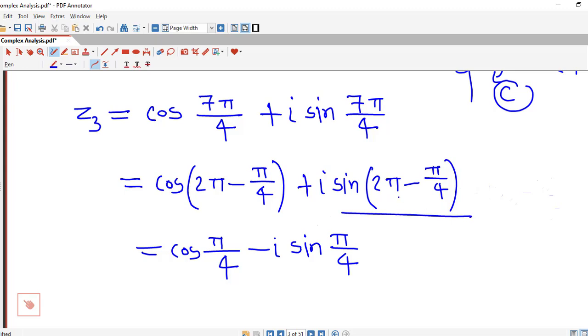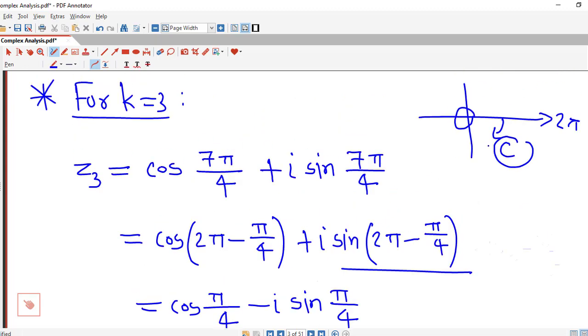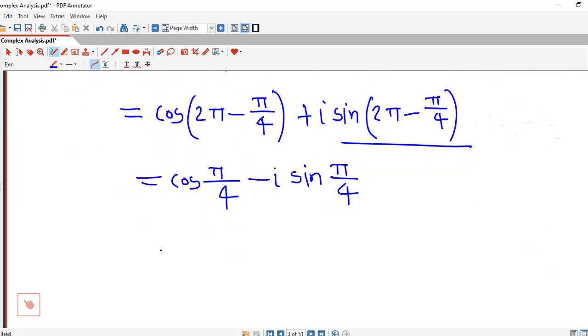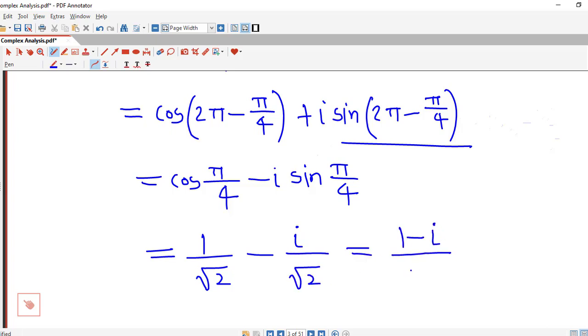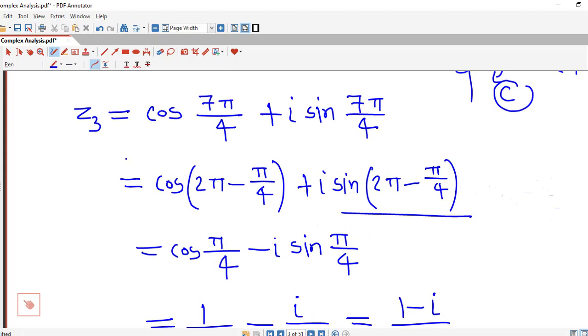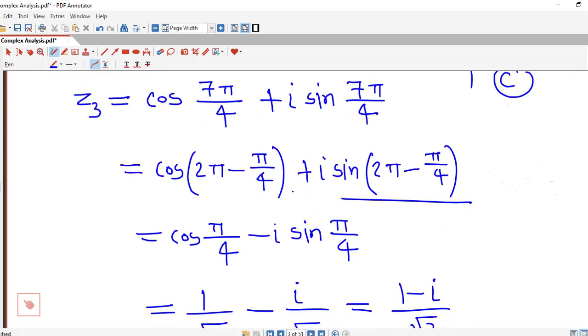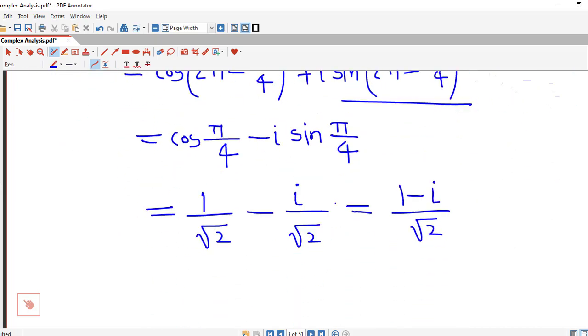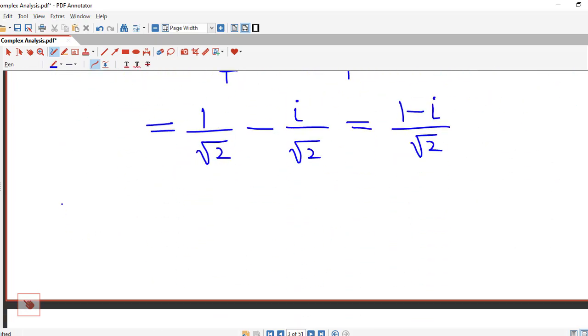This is minus sine pi by 4 because in the fourth quadrant sine is negative, and we substitute the values of cos pi by 4 and sin pi by 4, and we have 1 minus i divided by root 2. So this is the fourth complex root corresponding to k equal to 3, 1 minus i divided by root 2. So therefore we summarize that